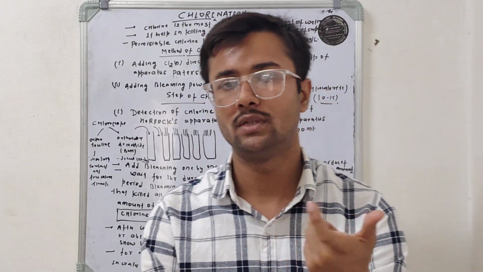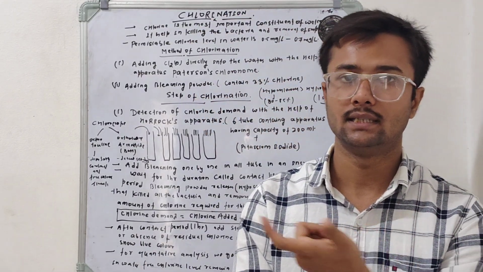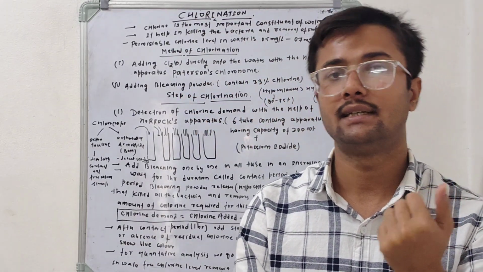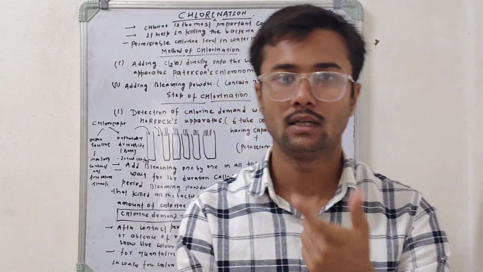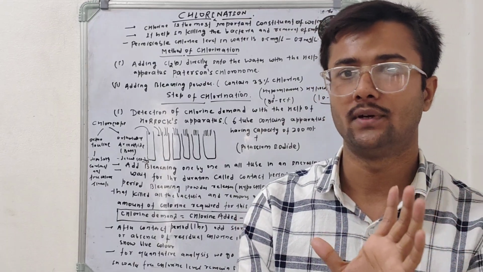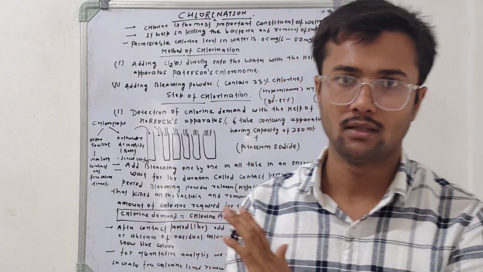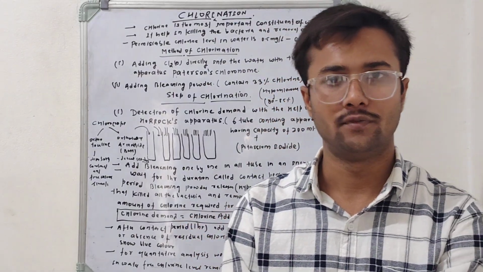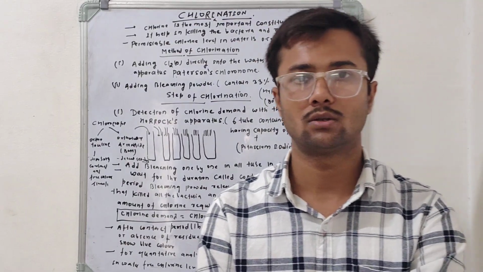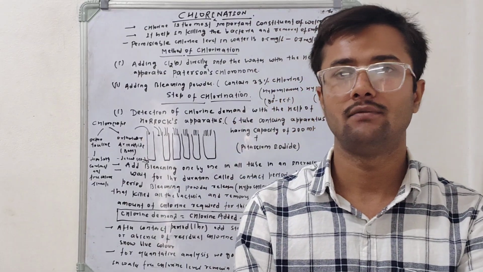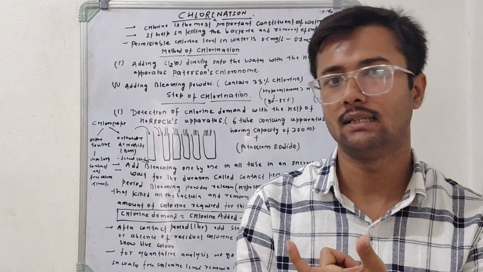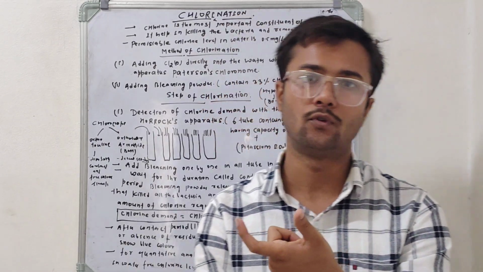So this is not too useful. The most useful in this condition is the orthotolidine arsenite test. This test detects both combined and free residual chlorine separately. So these tests are most effective in the method of chlorination. With the help of chloroscopes, we can detect the concentration of residual chlorine present in the samples, and we ensure that the concentration of residual chlorine is in the range of 0.5 to